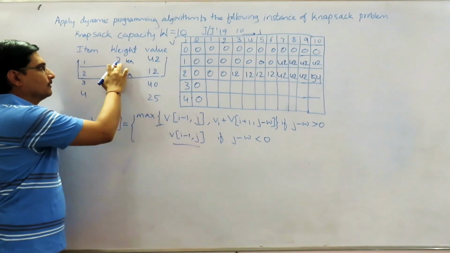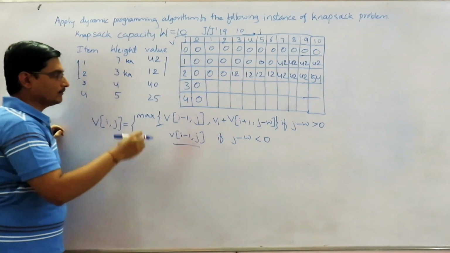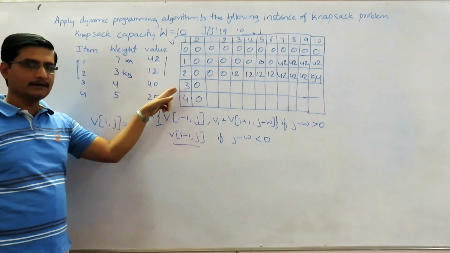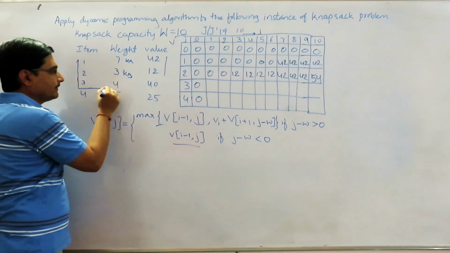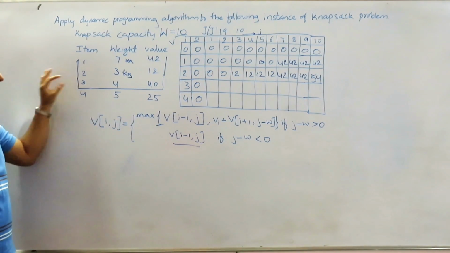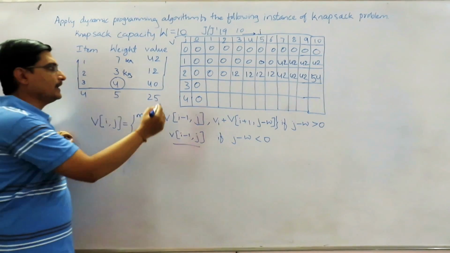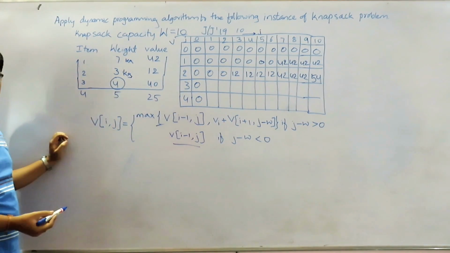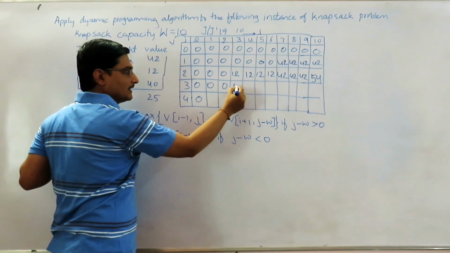So when the capacity of the bag is 10, we have put these two elements. Now to enter the third row, we are considering the third element, or third object. The third object weight is 4. So we cannot consider this object till the capacity of the bag becomes 4 kg. So we need to put the second element only when the capacity of the bag becomes 3. So it is 0, and the previous entry we are considering, that is 12.